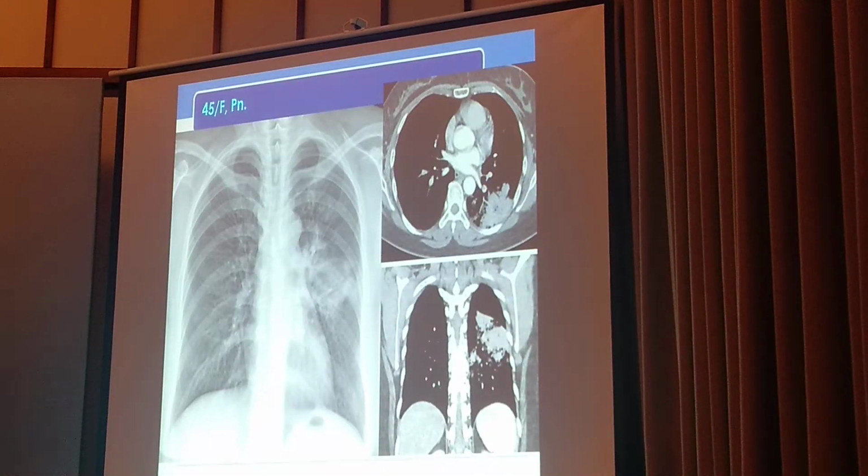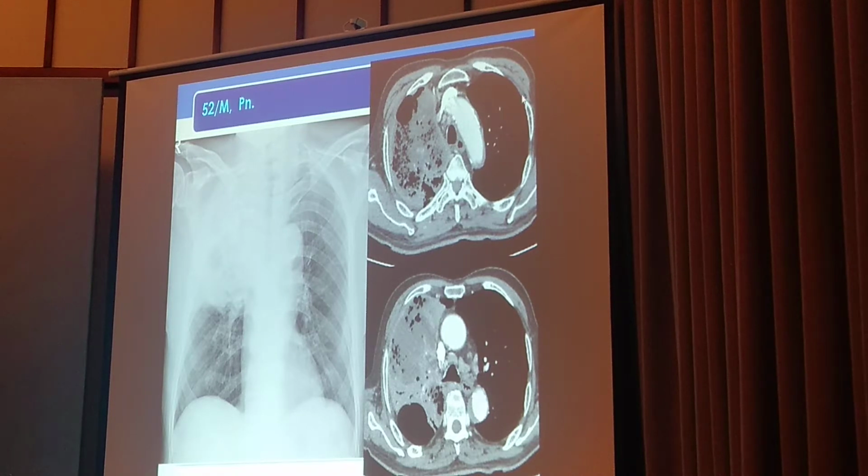So this case has a homogeneous increased opacity in the left lower superior segment, but the consolidation is higher in density than the surrounding back muscle, like this. This is a very unusual or very deep location, so differentiation is very difficult, but the CT shows high density consolidation, which means pneumonia.